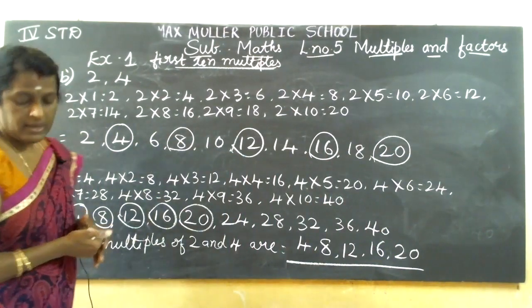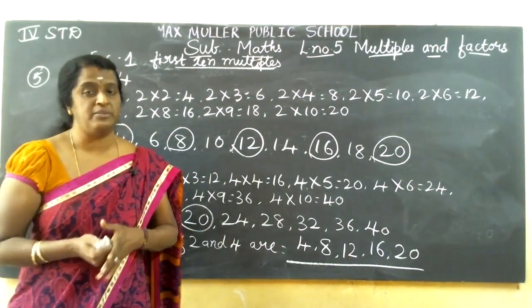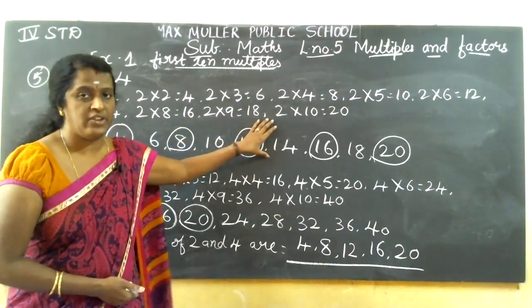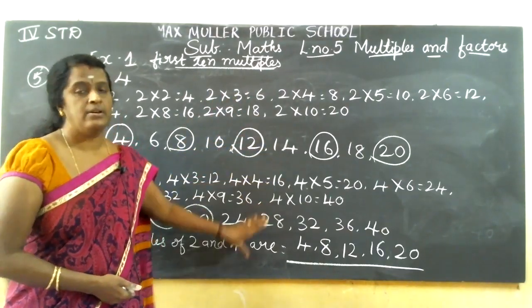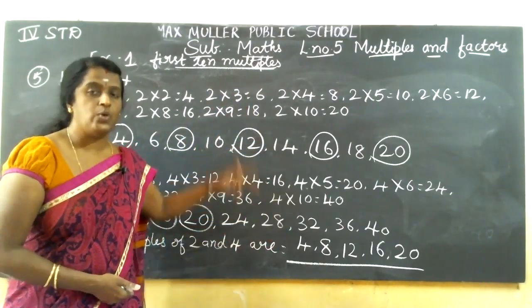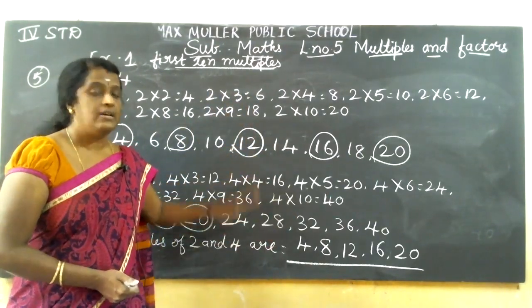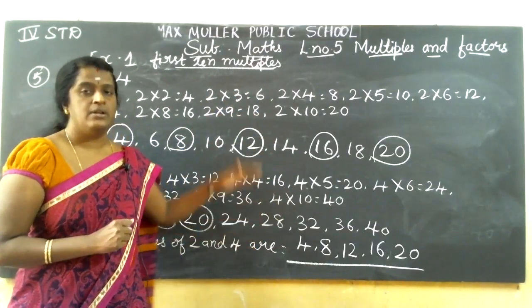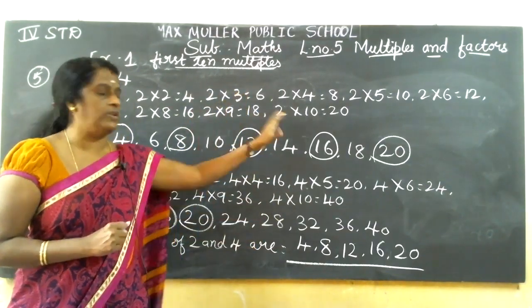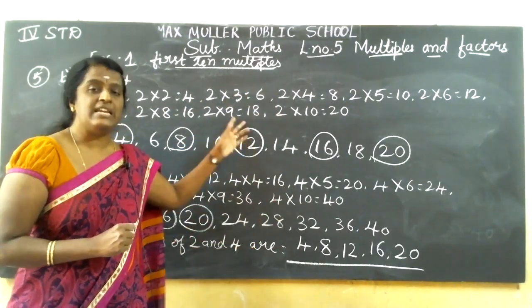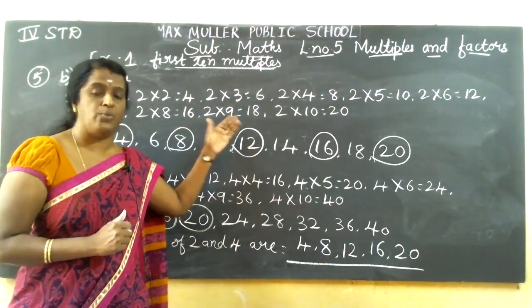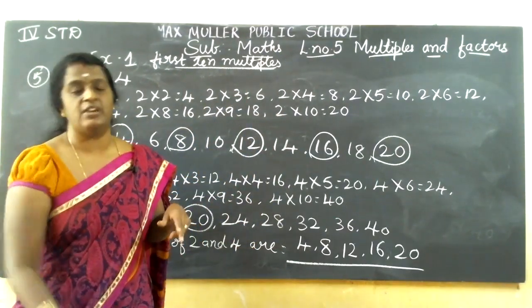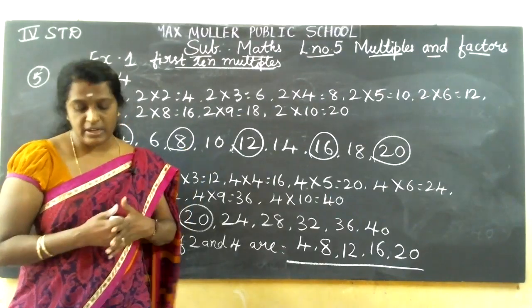Yes, you copied. Next, the third one: 5 ones are 5, the table. It is very easy. Write the 5 table. The table's answers, you should write here as the multiples. Then write the 10 table, the multiples of 10. In those two, write down the common multiples. After that write the 6 table and the 7 table. The answers that come in 6, you write in full. The answers of 7 as well. In those two, select the common multiples. In both tables, the answer should be the same. So those are the common multiples. The last is 10 and 20. It is very easy. So write the 3 in your rough book, children.